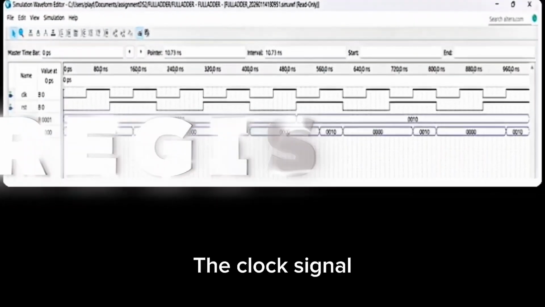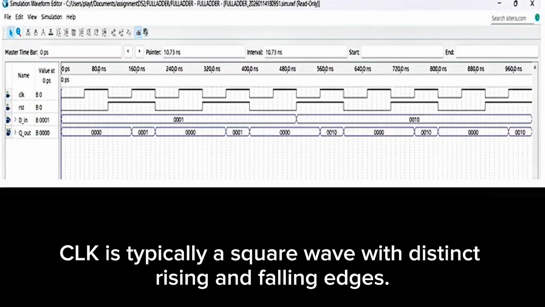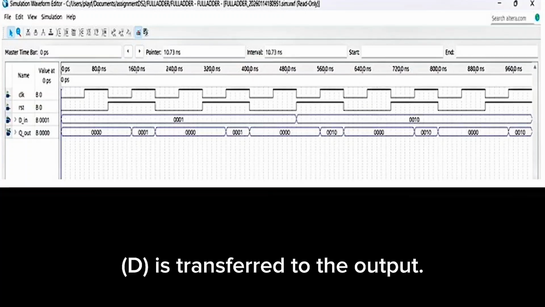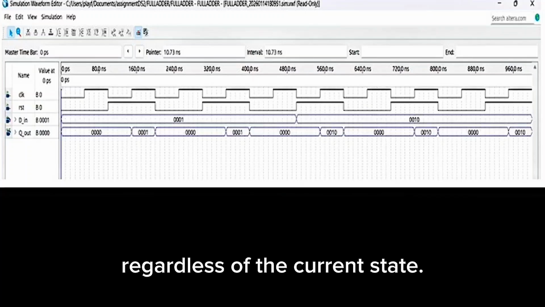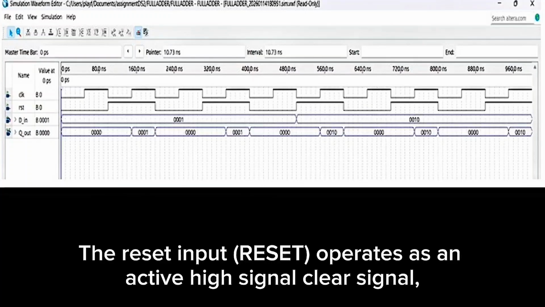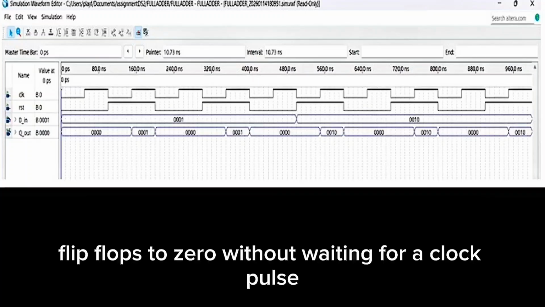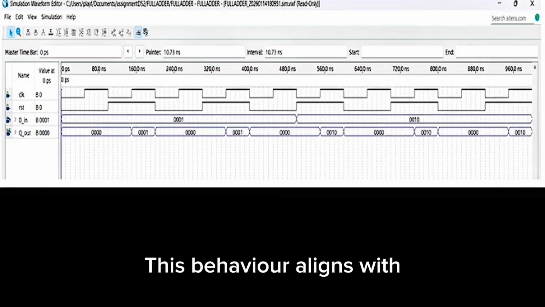The clock signal, CLK, is typically a square wave with distinct rising and falling edges. A positive edge-triggered D flip-flop ensures that the input value D is transferred to the output Q on the rising edge of the clock, regardless of the current state. The reset input operates as an active-high clear signal, enabling the register to immediately force all D flip-flops to 0 without waiting for a clock pulse and D inputs. This behavior aligns with